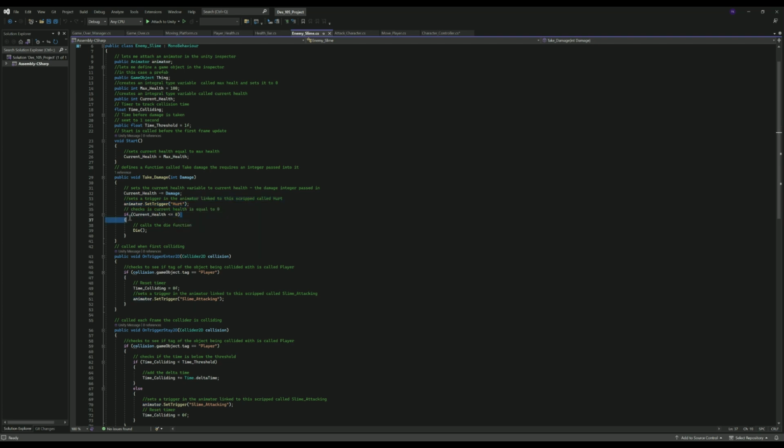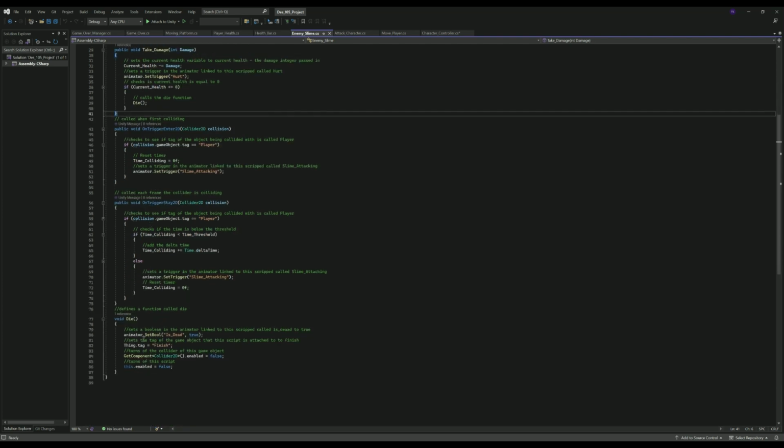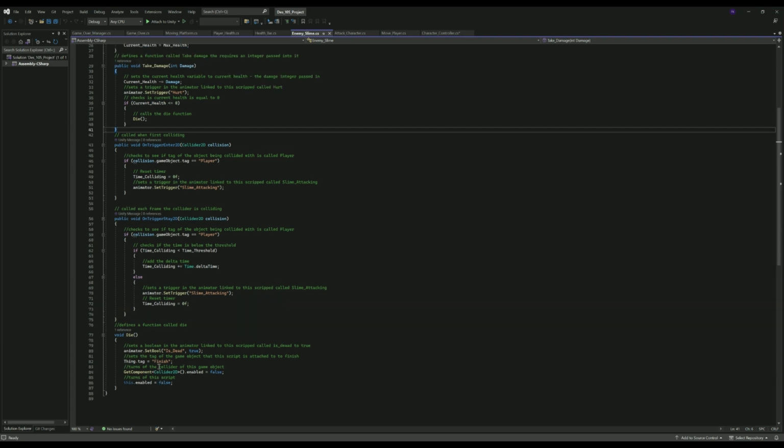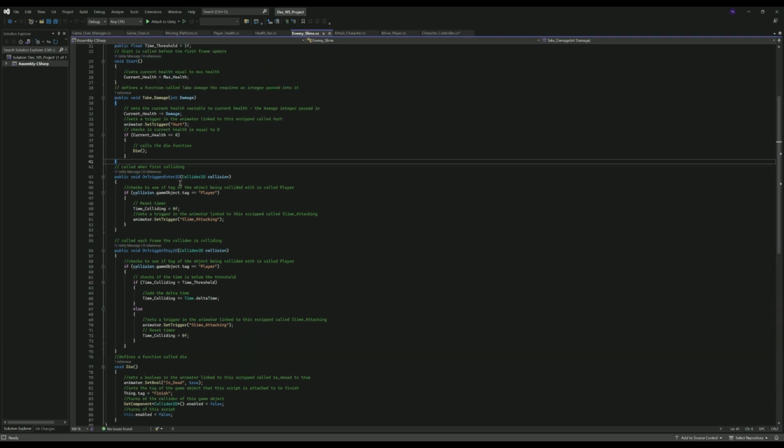It checks to see if health is less than or equal to 0. If yes, it calls the die function. The die function sets a boolean in the animator to true, changes the tag of the game object to finish, turns off the collider for the game object, and then stops running the script. On trigger enter and on trigger stay use tag checks and essentially a timer to see if the animator should